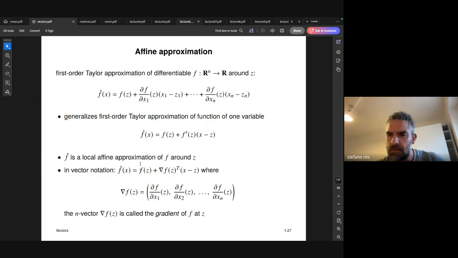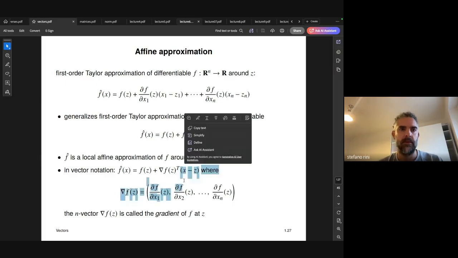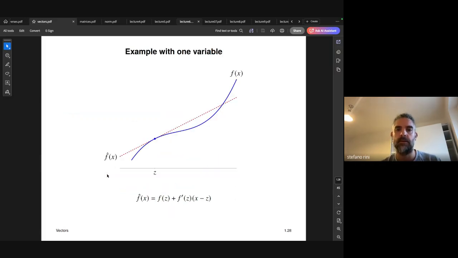Very good. Then why can I not move? Then, in one variable, what's going on with this AI assistant? Okay, so in